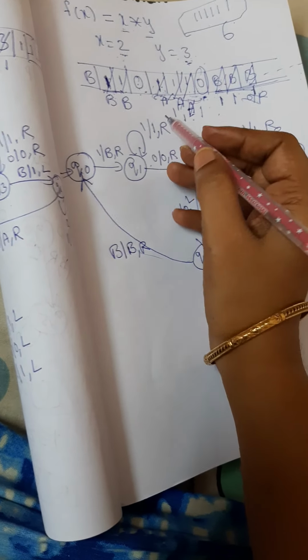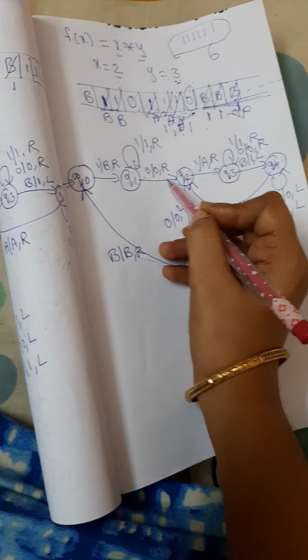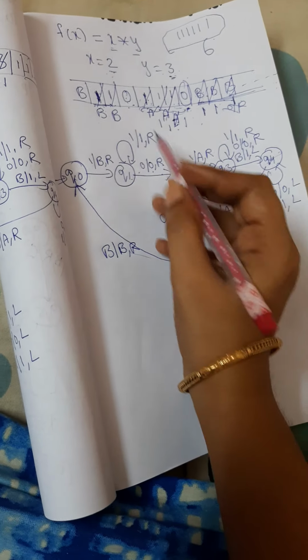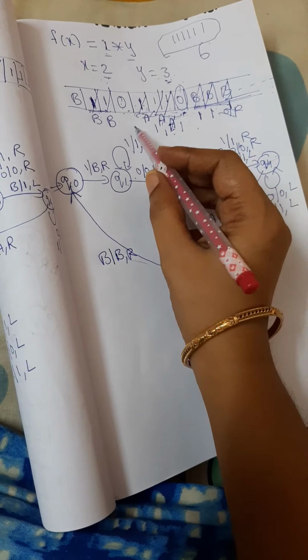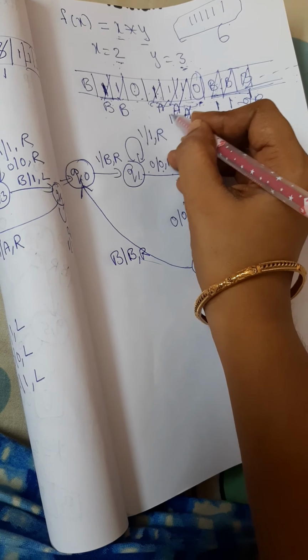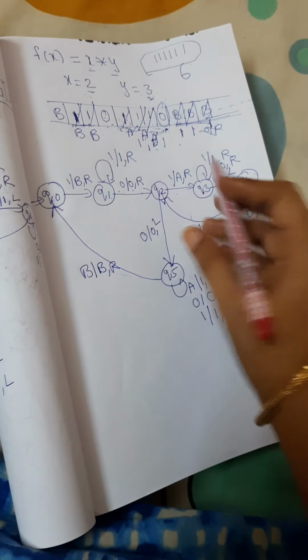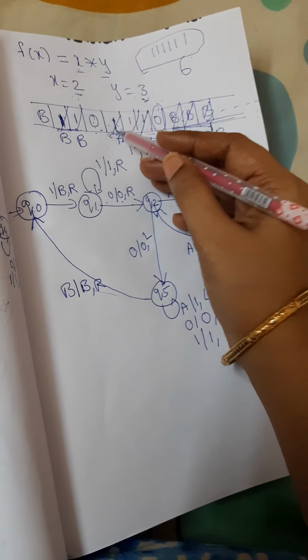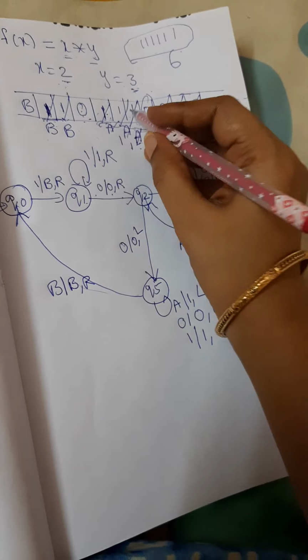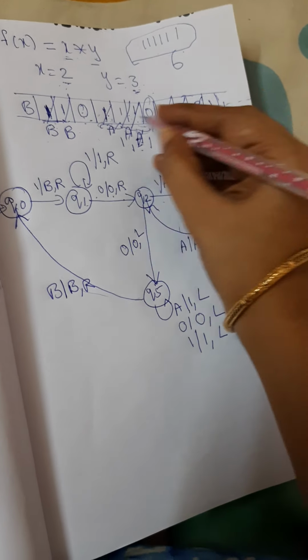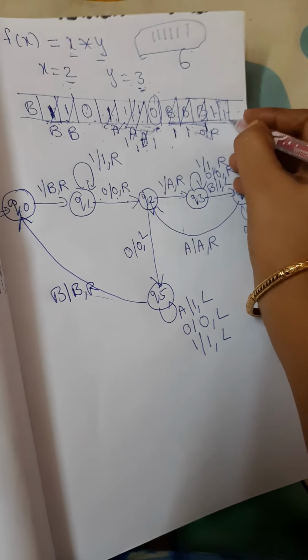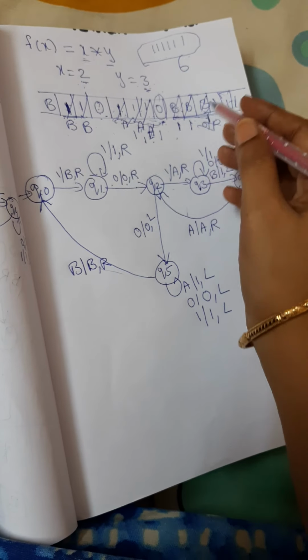When you are moving right, all the ones you skip, and this 0 is skipped. Now we made it as 1, right? Now again we have all 1s, so we have changed A to 1. So all these ones you have. Again the same process is repeating. For this one, once again you are copying. Again for this one you are copying. Again this one you are copying. So the same process is once again repeated.